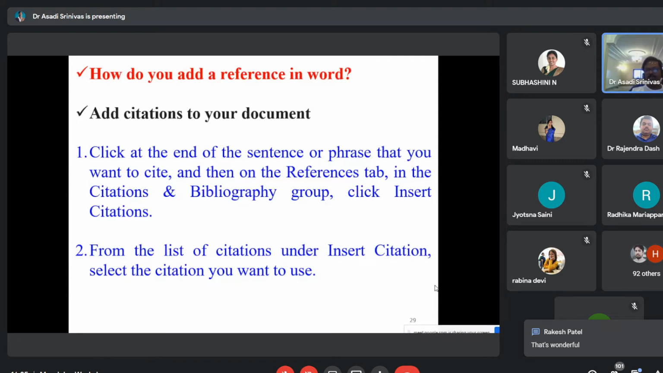Add citations to your document. So this is just theoretical concept. We'll start practicals. In order to make a reference in Word, click at the end of the sentence or phrase that you want to cite, and then on the References tab, in the Citations and Bibliography group, click Insert Citation. Definitely it will display 3 to 4 lines of your reference in a beautiful manner, like who is the author